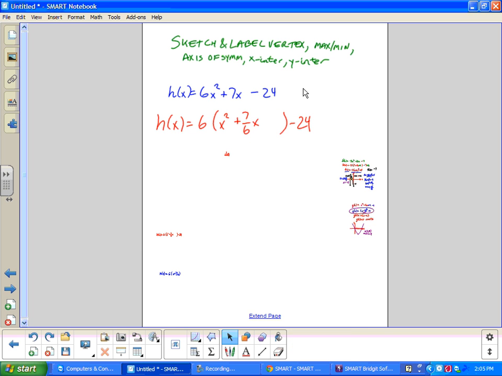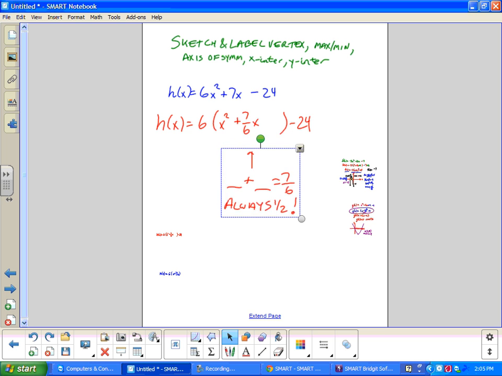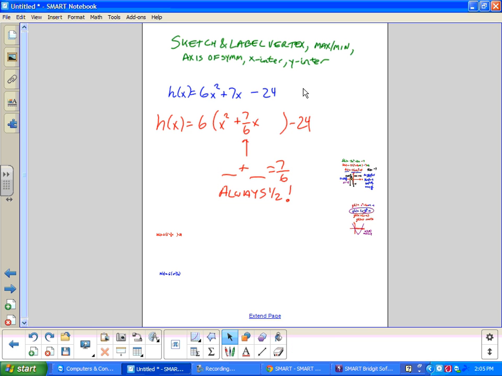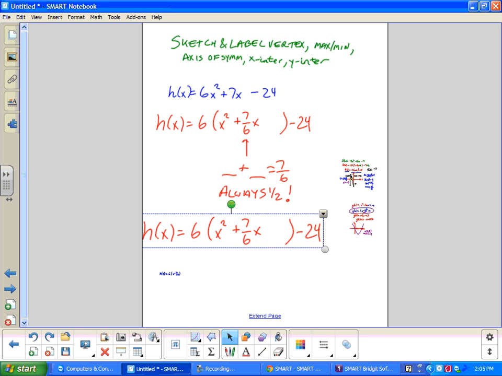All right? When I get that, just because it's ugly doesn't make it any different. It's always the same. It's always a question of what plus what makes 7/6, that middle term. Well, it's always half of this term. If it's 4, 2 plus 2. If it's 6, it's 3 plus 3. If it's 10, it's 5 plus 5. So half of 7/6 is 7/12ths. So I can rewrite this, and I know that I am going to jump to